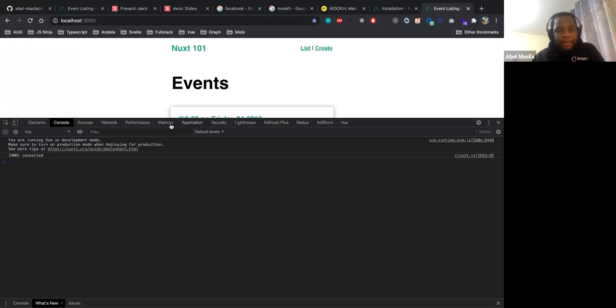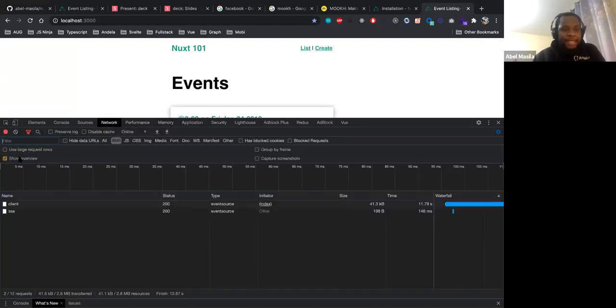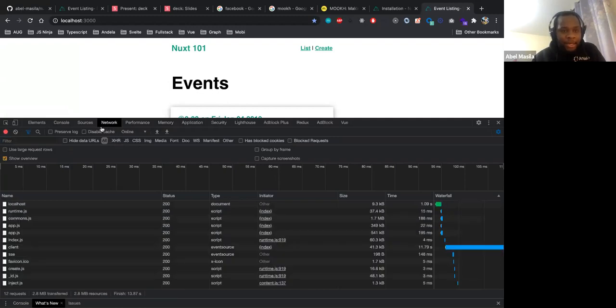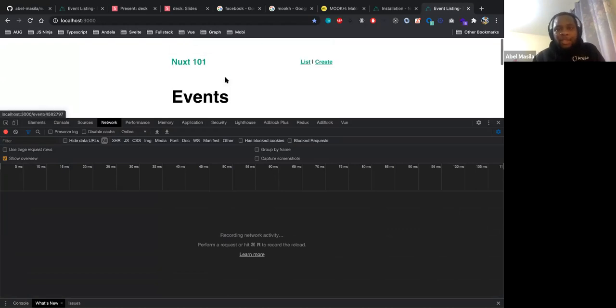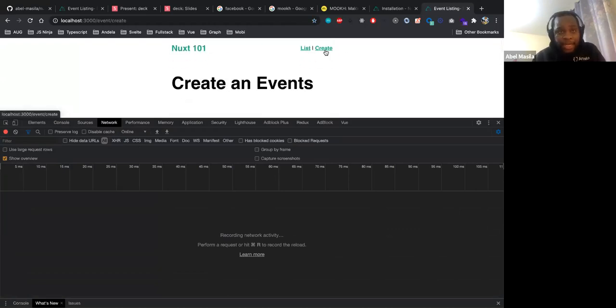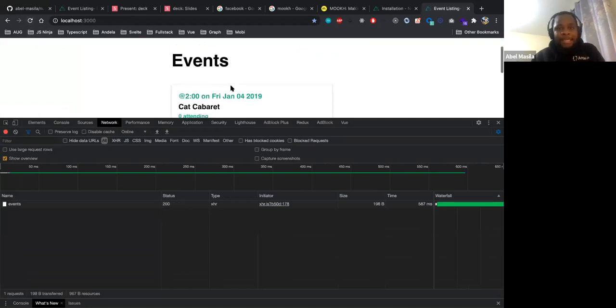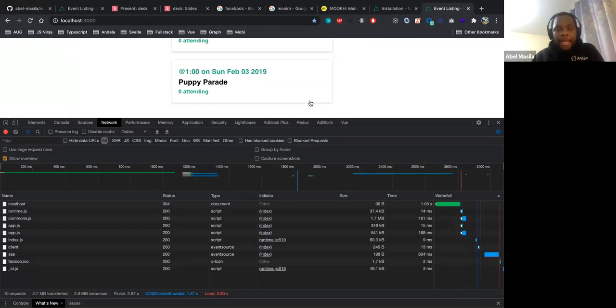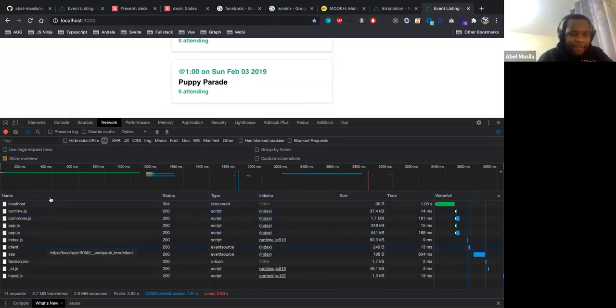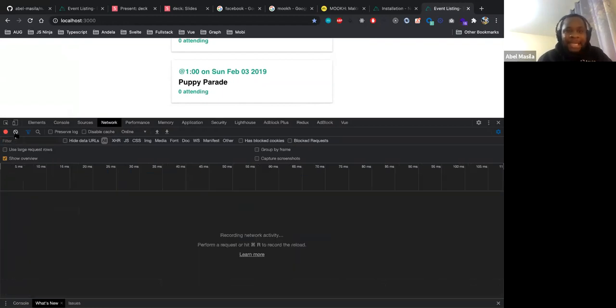So what happens with smart fetching is this. Let me toggle my network tab, clear it, and switch to all. I want to scroll to the bottom of the page. Initially when we go to the create route, we are loading a create component. What smart fetching does for us is this. If I refresh this page and I'm at the bottom of the page, as you can see, we have rendered some items, but that create page has not been rendered. It will only be rendered